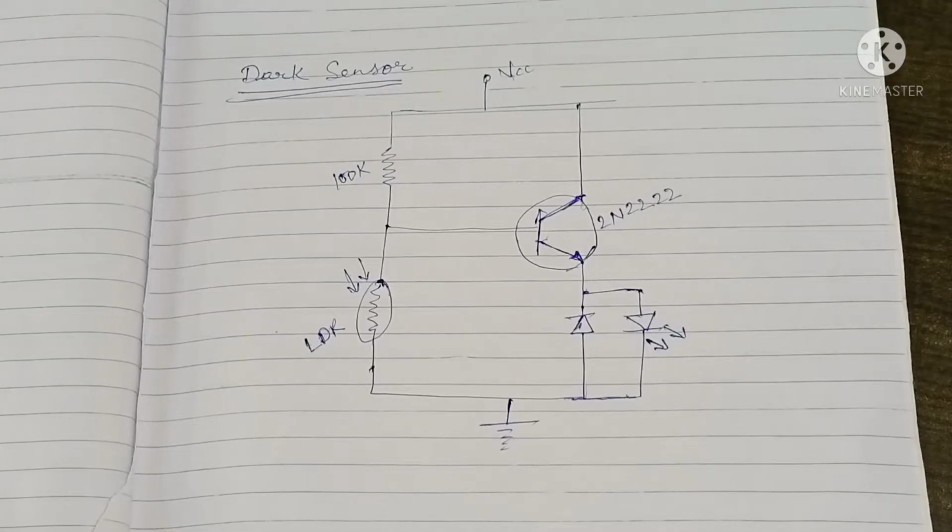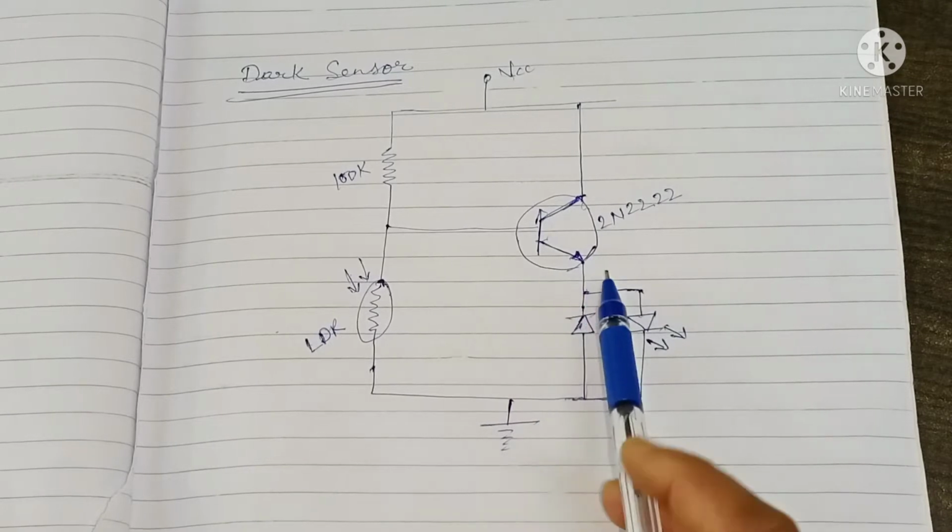Hello friends, in this video I will show you how you can design a dark sensor. The circuit will detect whether there is light or not. If light is not present, then the LED will glow, and if light is present, then the LED will not glow. So as you can see on the screen, for designing this dark sensor,